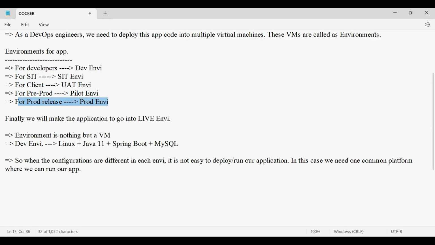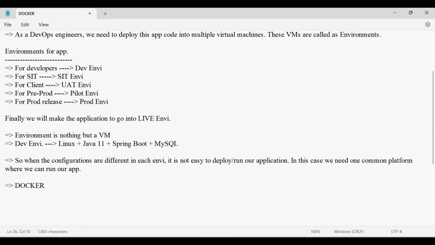Now, deploying the application into these many environments is a difficult task. Why is it a difficult task? Because the software configuration might differ in each of these environments. So to avoid this, we have the concept which is known as Docker.